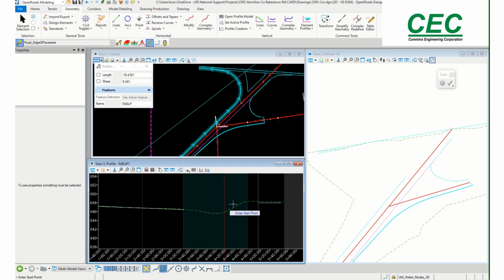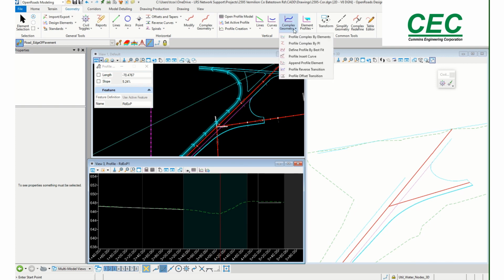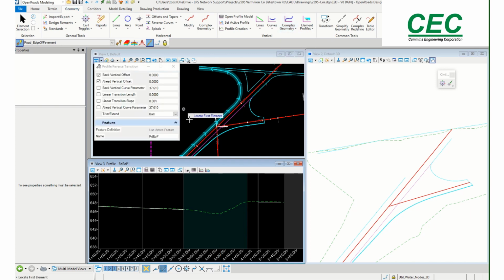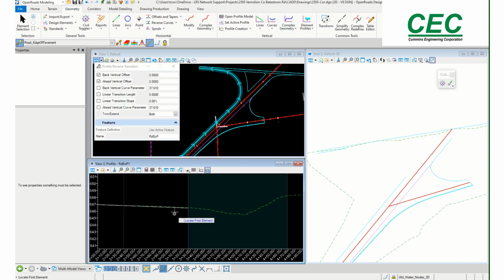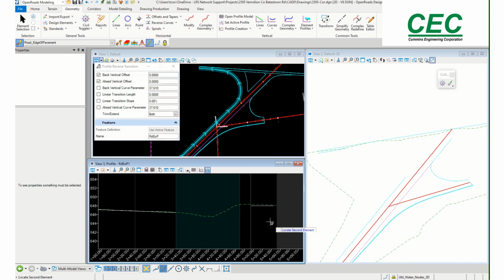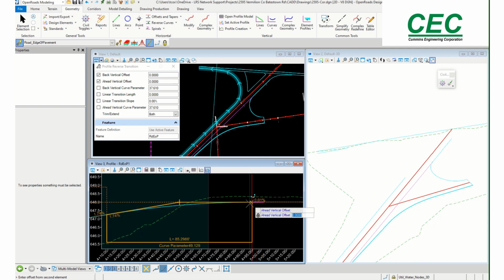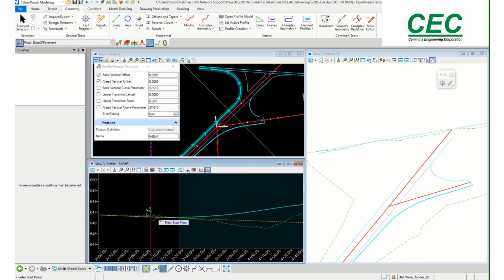I want to show you this tool because this was the tricky part. There's this new tool under complex geometry called profile reverse transition. And the way that it works is very simple. You just select that back tangent, accept 0 offset, accept that forward tangent, snap to the point that you want to tie into, come back here,